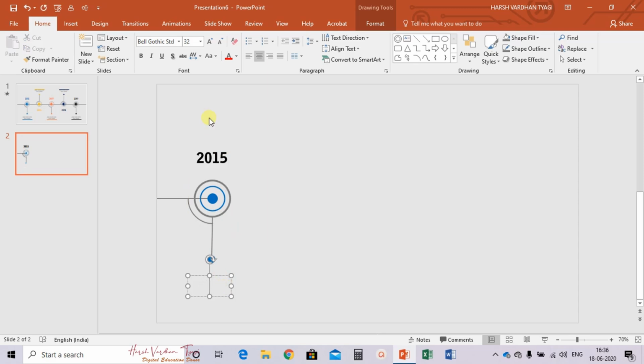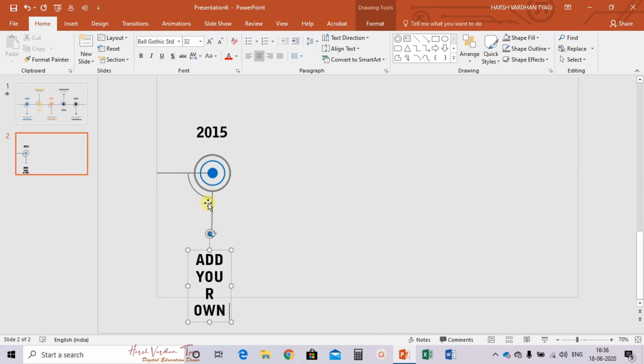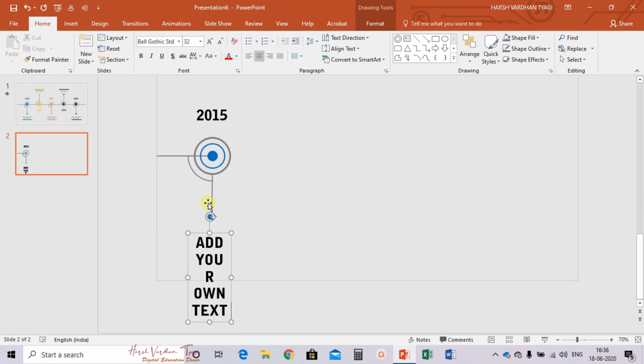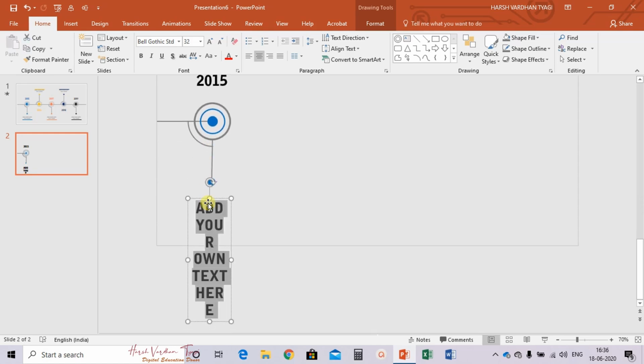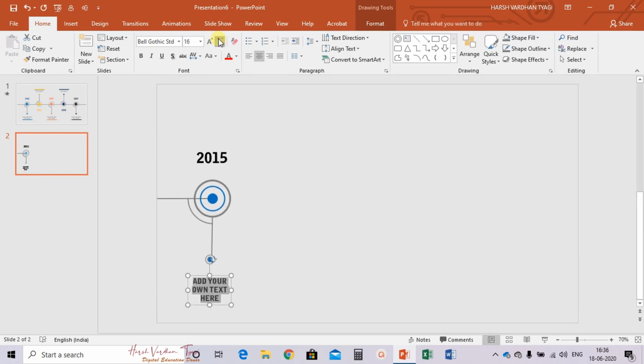Reduce the text size. Add your own text here. Is this size?